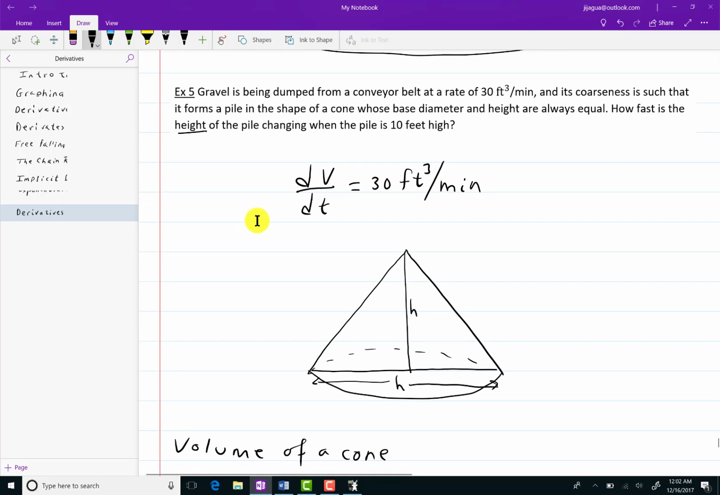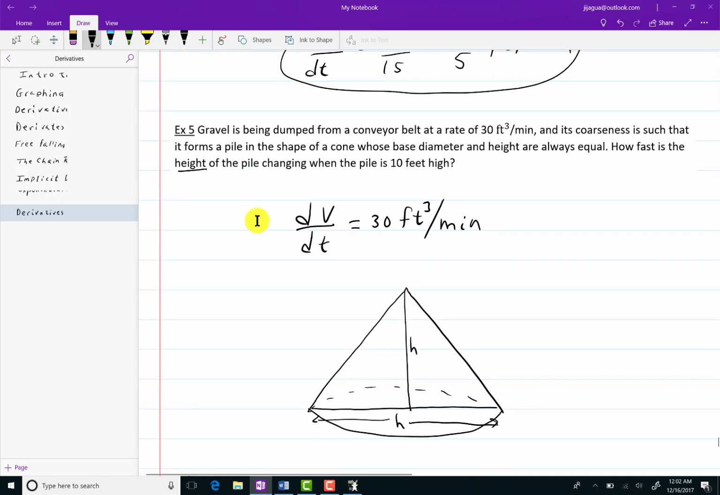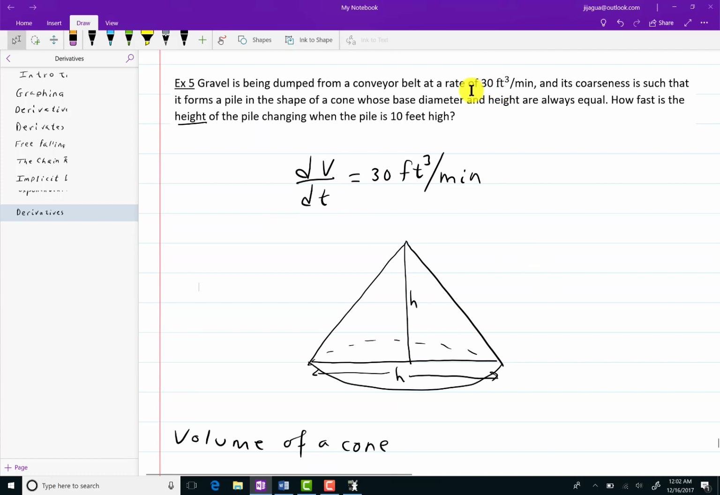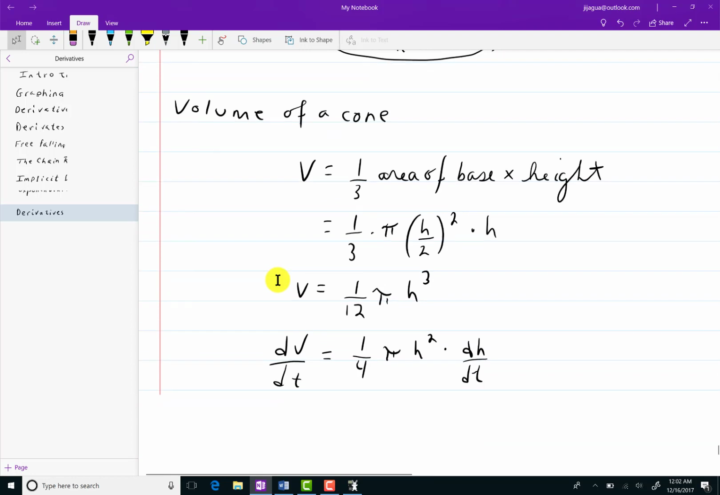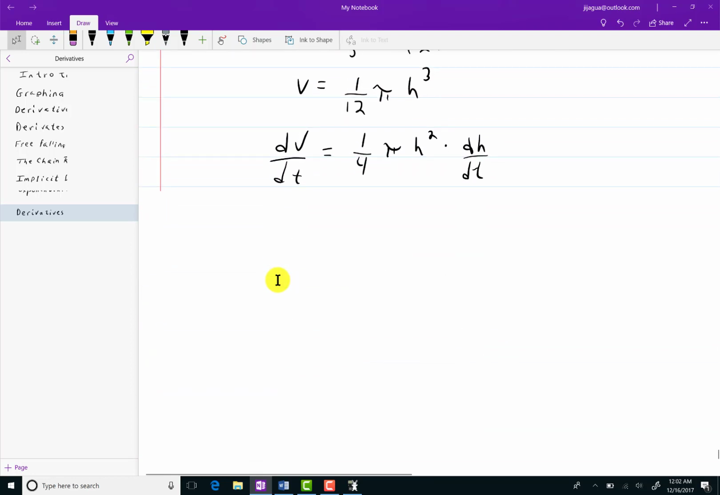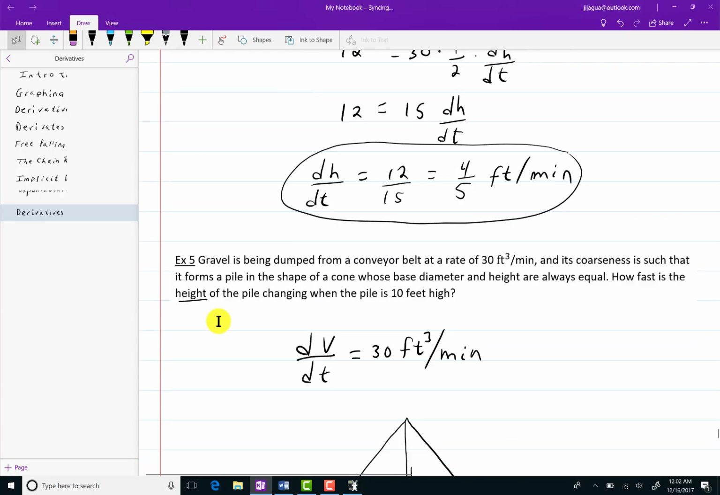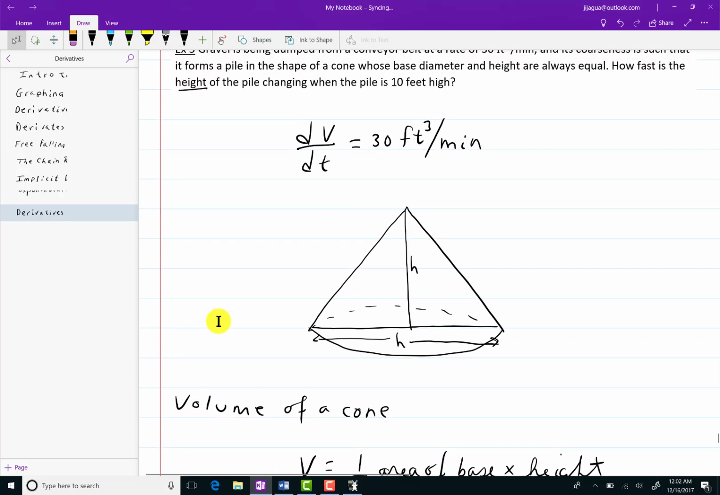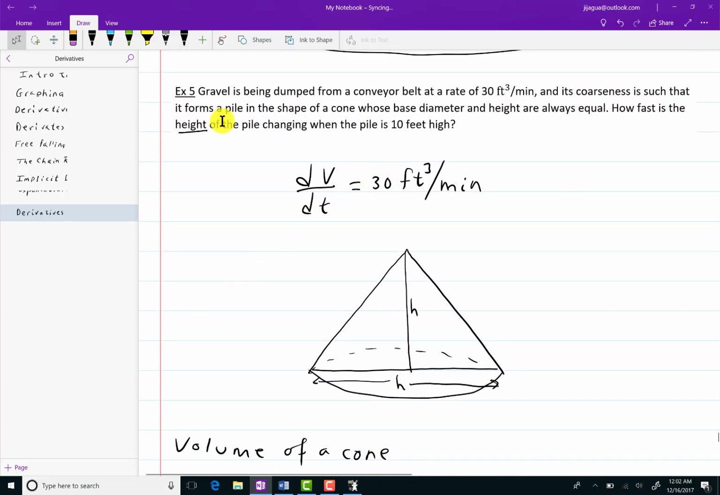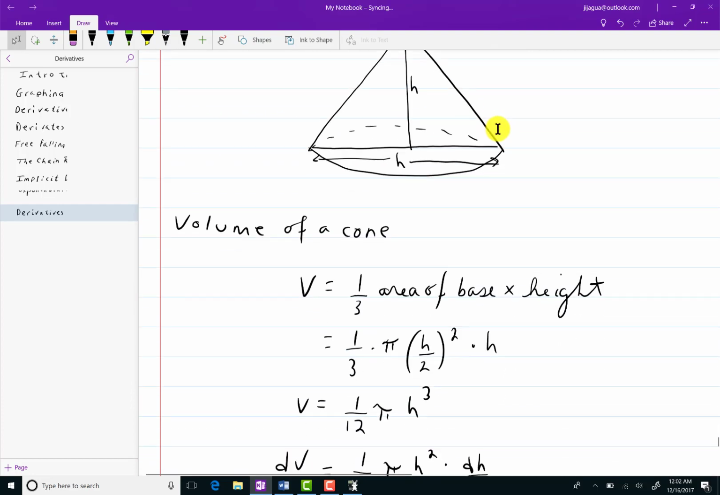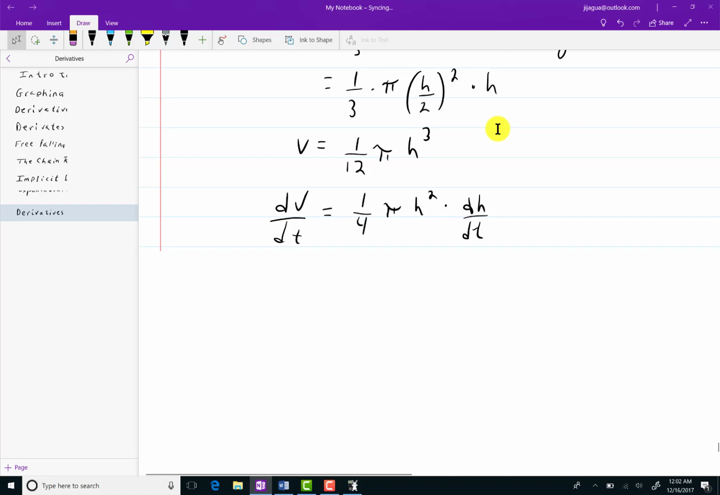There we are. dV over dt is 30 cubic feet per minute. I'll just do 30. I'll put in the units when I'm done. 1/4 pi. And where was the original problem? There it is. How fast is the height of the pile changing when the pile is 10 feet high? So my h is equal to 10